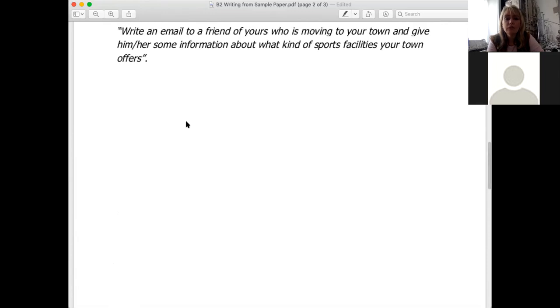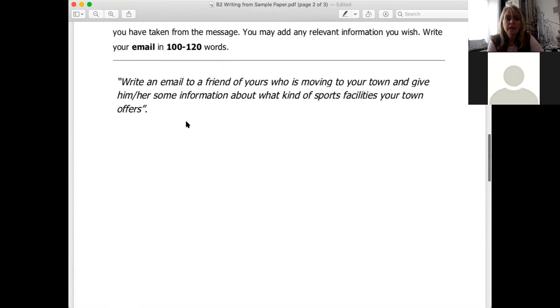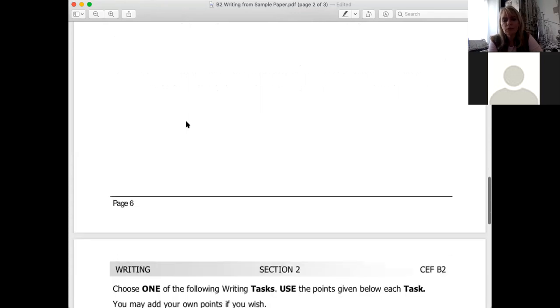So that's it. The students write an email, which is in an email form with an introduction, with a Dear, and so on, and Yours, Love, at the end. It's a friendly letter to a friend. You've got paragraphing, you've got an introduction with linking devices and topic sentences. We're going to go through the assessment criteria a little bit later, so let's have a look now at the part